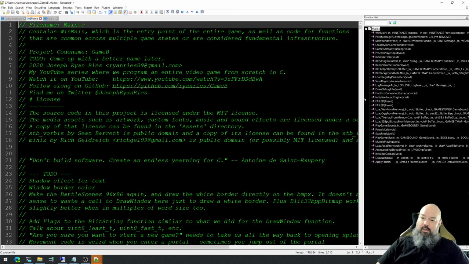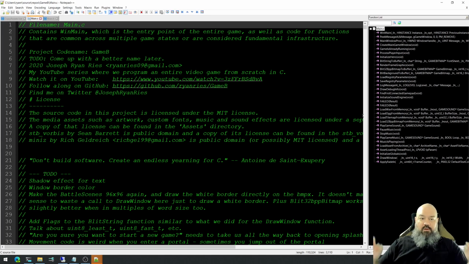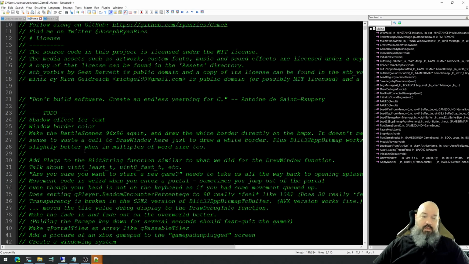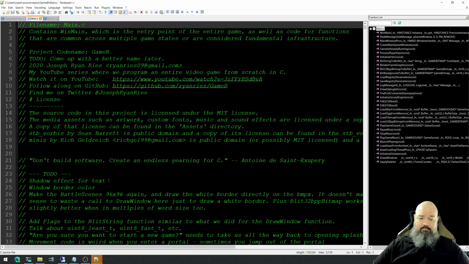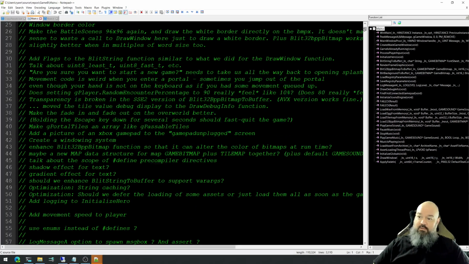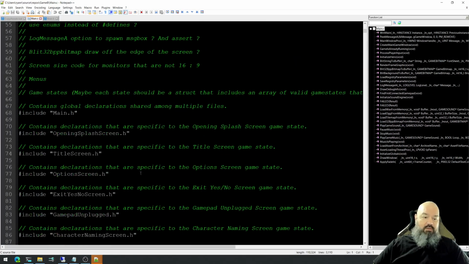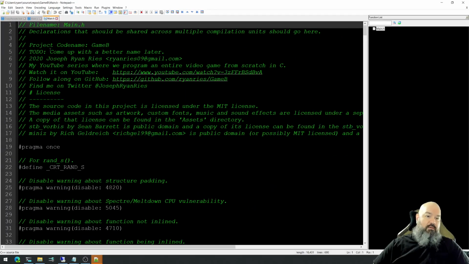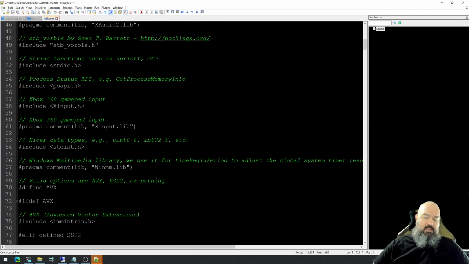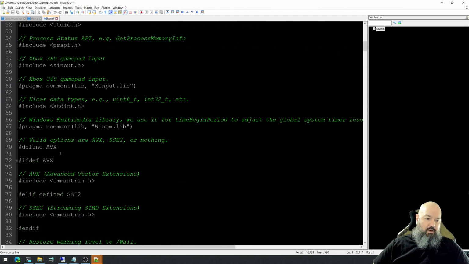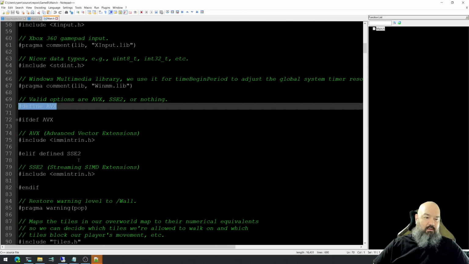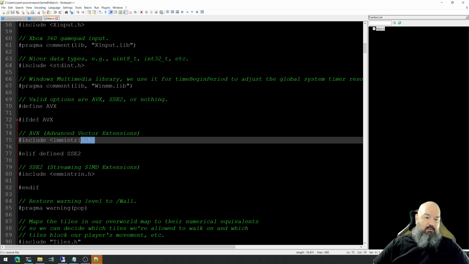So now I've got Notepad++ standing in for the Visual Studio IDE as my text editor. Naturally, you could use whatever text editor you like. I know Visual Studio Code is really hot these days, which is perfectly fine. If you want to use VS Code, use VS Code. Anyway, what I wanted to show you was in main.h, I already have this included where I #define AVX and then I include imm